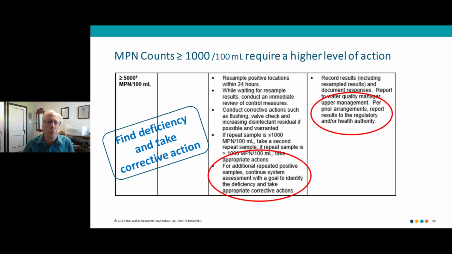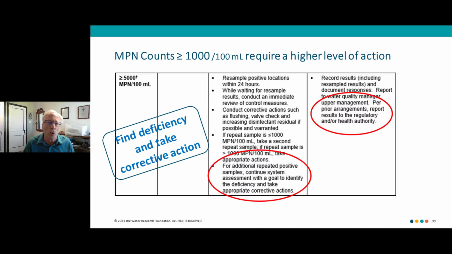and the conditions? Now, if you get above 1,000 per 100 ml, we feel in this response protocol with the data that we have to date, that's quite a high level, and that probably requires more serious action. Now we're getting into, with the lower levels, we may do like a level 1 assessment, like you would do under the revised total coliform rule. You get up to the higher levels, a level 2 assessment, and a lot more immediate action.